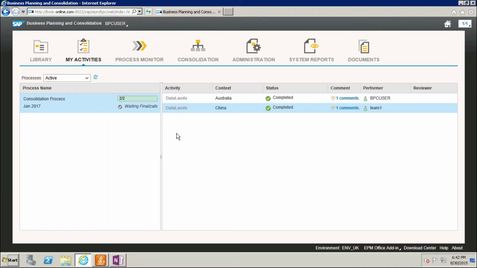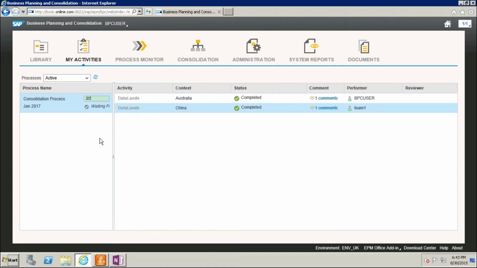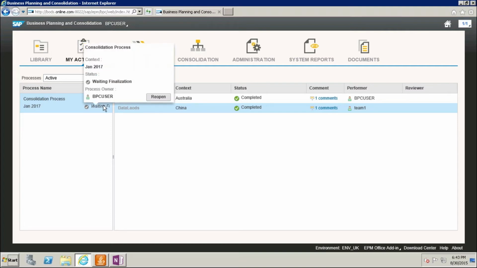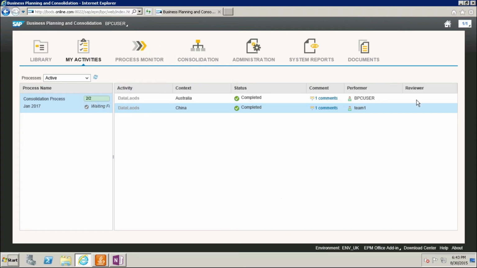Waiting for finalize. Once this is done, if you have a reviewer, this completed BPF goes to the reviewer, and in the reviewer's BPC web client page under activities, he can see the same thing and do this type of activity.